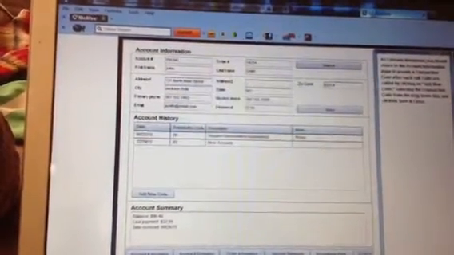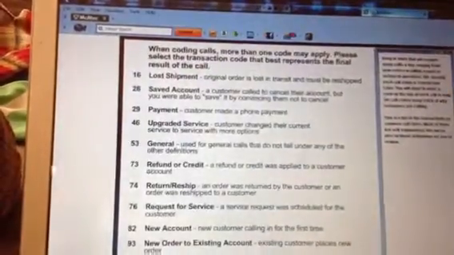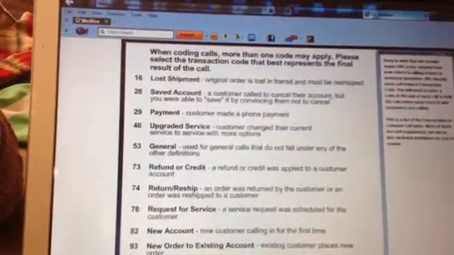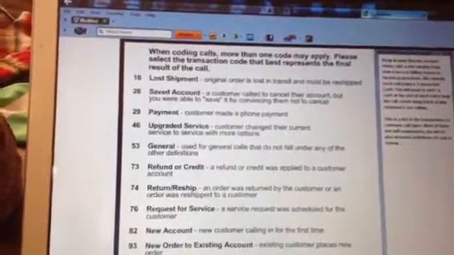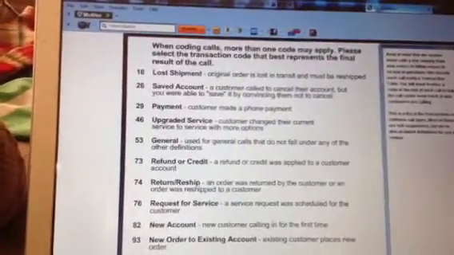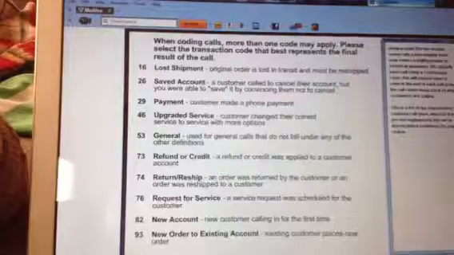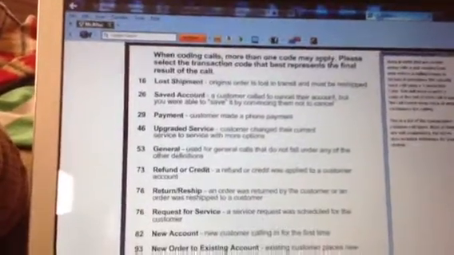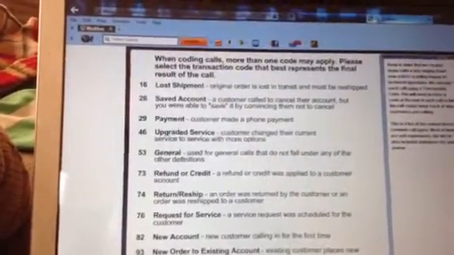Keep in mind that we receive many calls a day, ranging from new orders to billing issues to technical questions. We classify each call using a transaction code. You will need to enter a code at the end of each call to help the call center keep track of why customers are